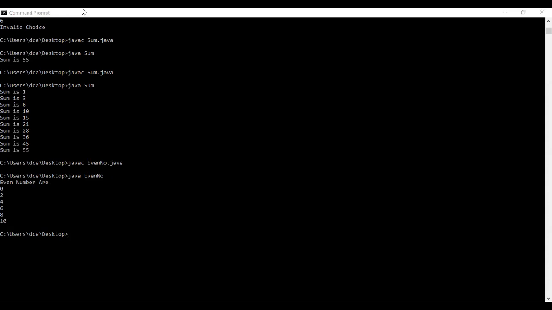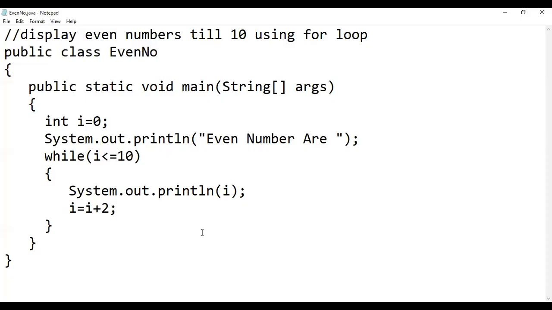So in the while loop, the condition will be checked and then the body will be executed. So instead of writing 10, we can use a variable and that value can be entered by the user. You can also use it.